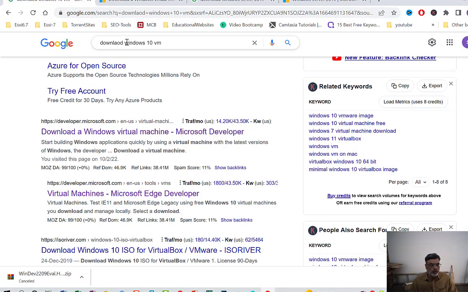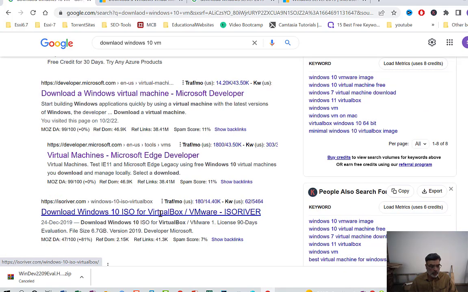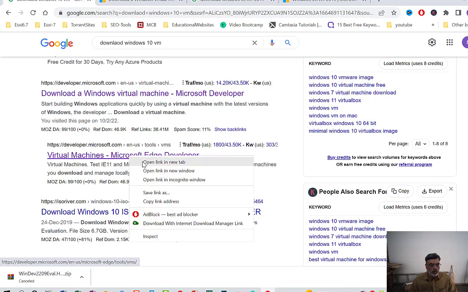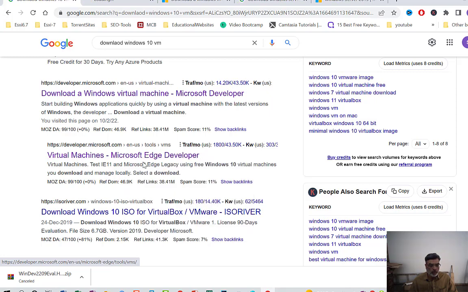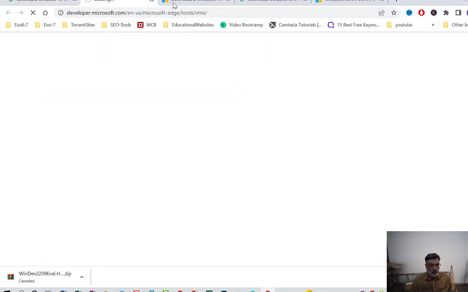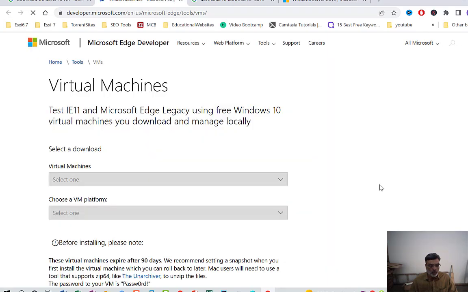So now I will show you how to download a Windows 10 VM free of cost with the help of Google. So just type download Windows 10 VM and open this link, which is called Microsoft Developer. Right click and open in a new tab. As you can see, this page has popped up. Now select your virtual machine